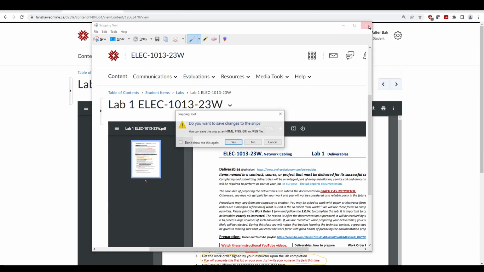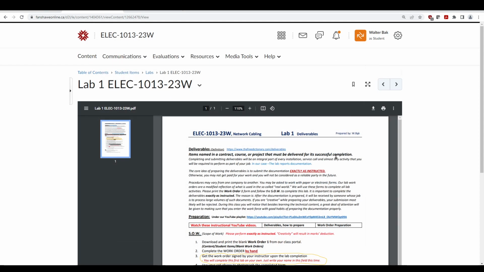The only thing to remember about this is that when you take a picture using your cell phone camera, I'm just going to close that, you need to have the proper lighting. Your picture has to be pretty much perfect as far as resolution and sharpness, and the lighting has to be good, because in the snipping tool you don't have the ability to edit the lighting, the contrast, and whatnot. So you should take the picture pretty much the way it's going to be, and then you can